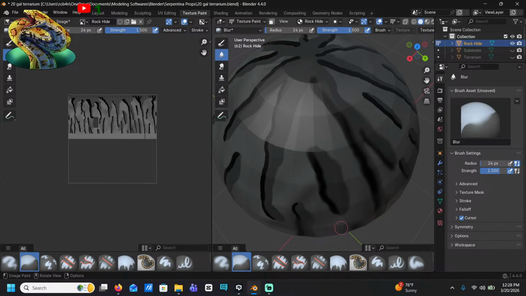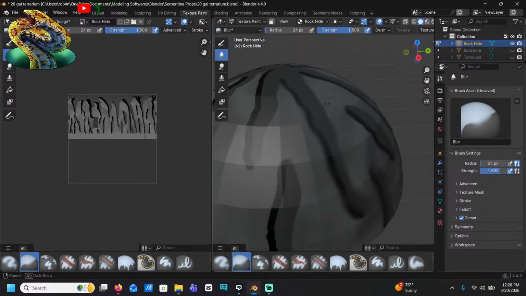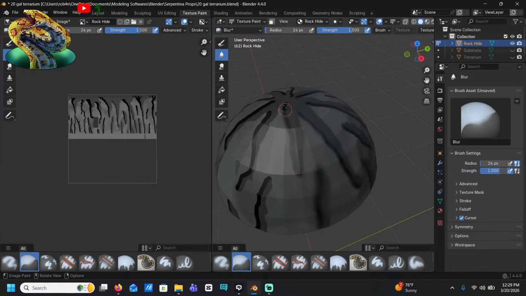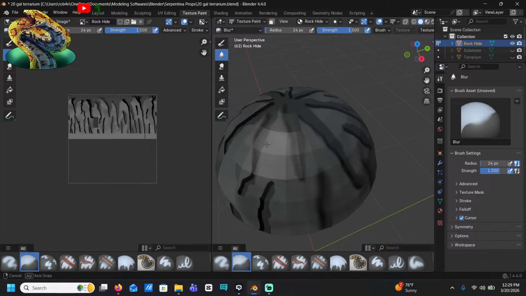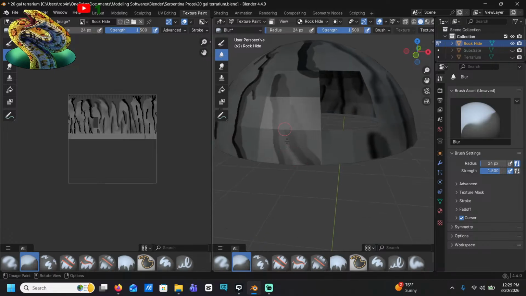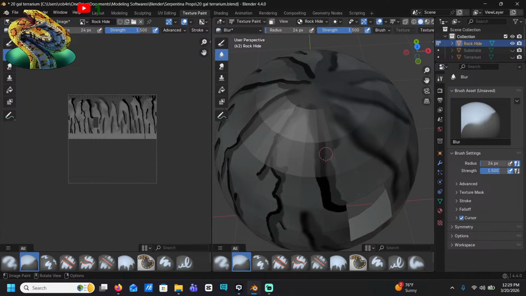I cannot be contained. Texturing is fun. I like texturing things.